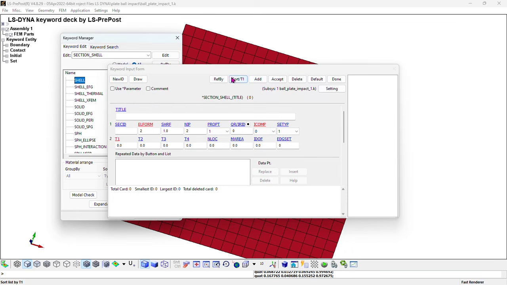Now we are going to add. After we've added, we are going to give it a name. We are going to call it plate shell. Perfect. Now the section ID is 1, the element form is 2. We are first of all going to give it the thickness. The thickness is 5 millimeters, so we are going to put